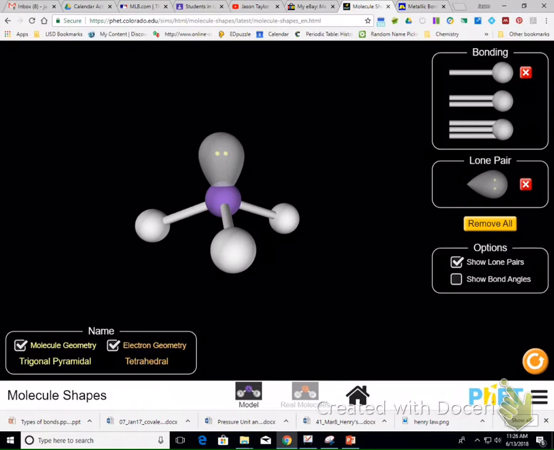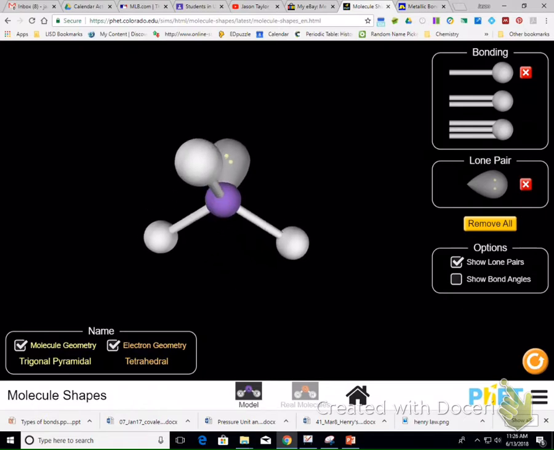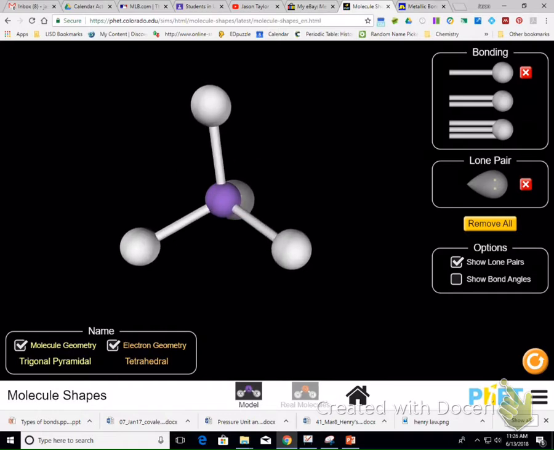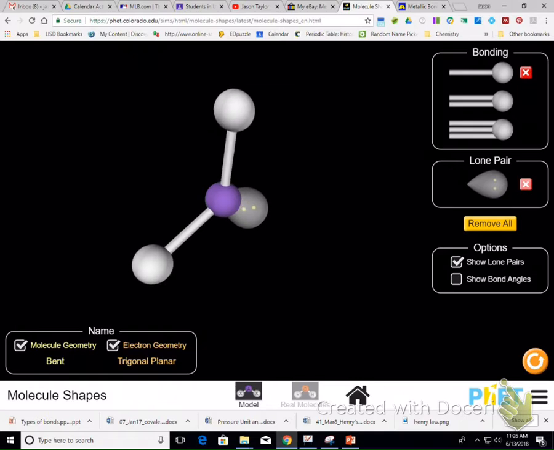The bond angles here are no longer 109.5. They're going to be between the terminal atoms now. For example, this angle right here is going to be a little bit less than 109.5. So usually between 104 and 109, depending on what these terminal atoms actually are. The next subset of tetrahedral